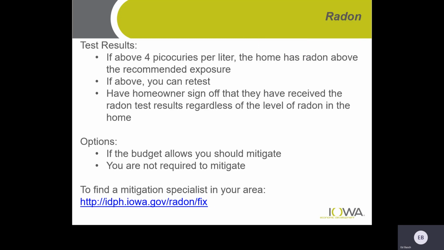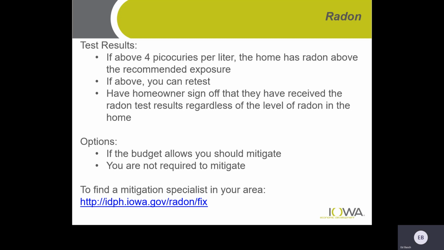If the results come back more than 4 picocuries per liter, the home has radon above the recommended exposure. You can retest and see if you get a lower reading, or you can have the homeowner sign off that they've received the radon test results regardless of the level of radon in the home.